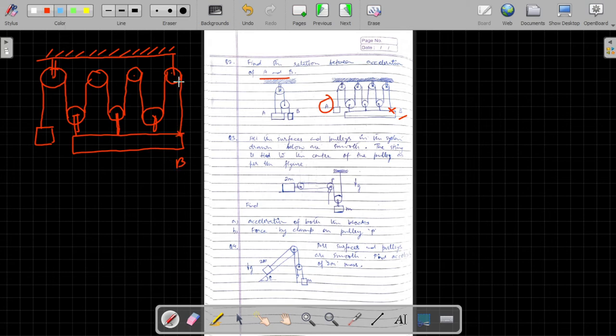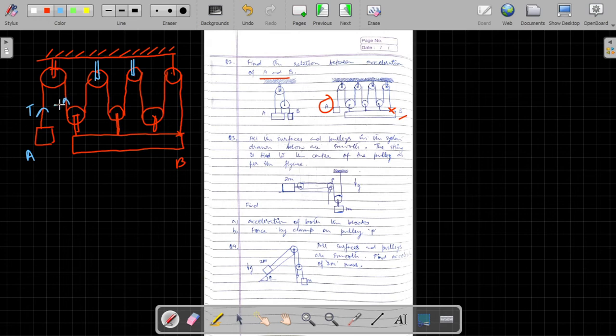As you can see, there is only one tension in the figure. Since there is only one string, the tension would be the same. So we won't be doing the constraint force considerations in this particular figure. The tension T is acting on block A in upward direction. We know that we don't take tension on the immovable objects, since they would be multiplied with 0. So tension on this pulley is 0, tension on this pulley is 0, and tension into velocity for all the immovable pulleys comes out to be 0.